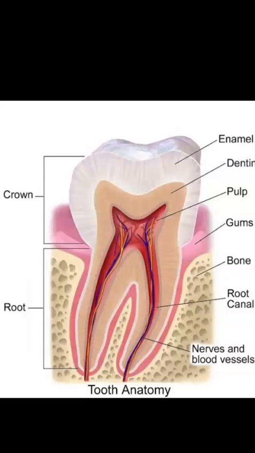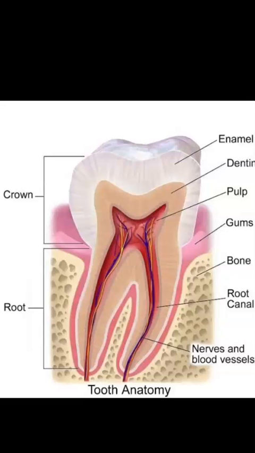So they are used along with shaping instruments. The functions of irrigants include rinsing and flushing, which help to remove debris. Their function is just like water. If you want to clean our floor, then we will clean it with the help of water. In the same way, for the cleaning of the root canal, we will use different liquids which consist of antimicrobial agents. So we will rinse and flush it.